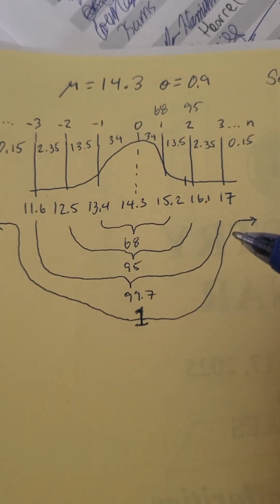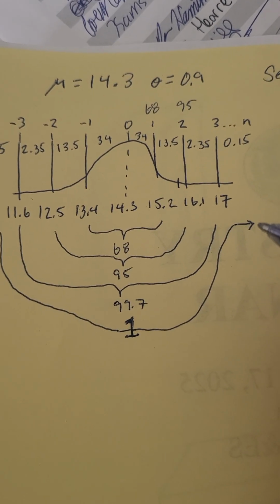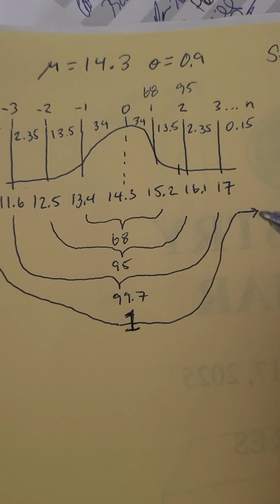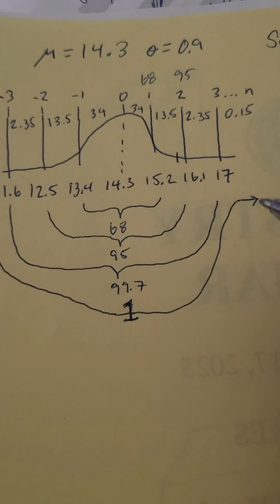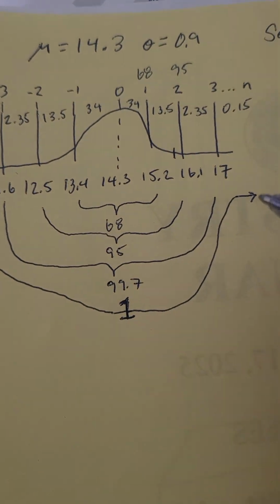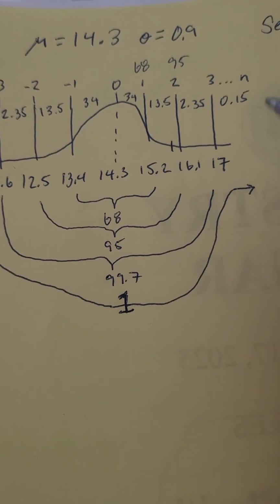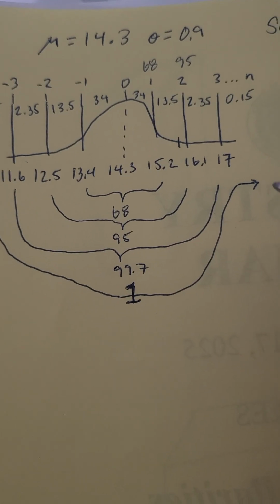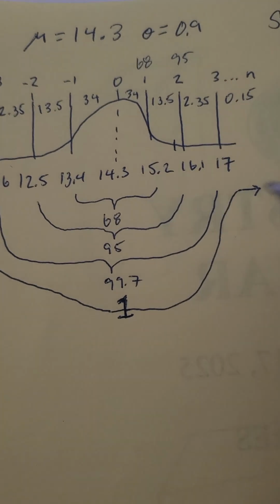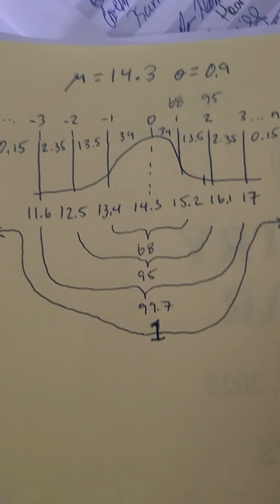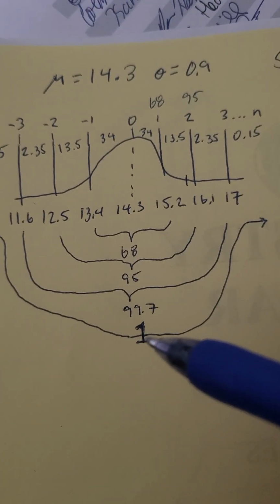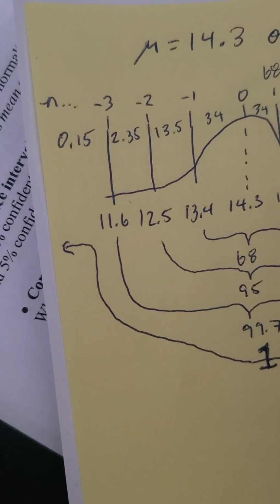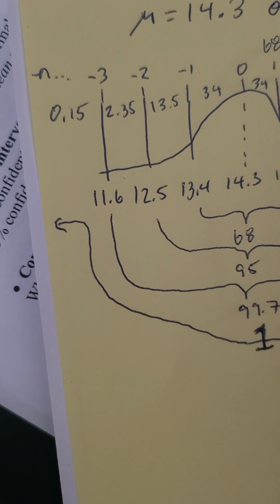I just drew this out to make sure we understand. You'd go out all the way to infinity or high multiples. Technically it could be infinity, but it gets so small so quickly. You may get a z-score of 17 or negative 17 or negative 20, and that's so small it's almost 0. Really it is 0. Okay, so we just want to make sure we're understanding that we're really wanting to measure this value,